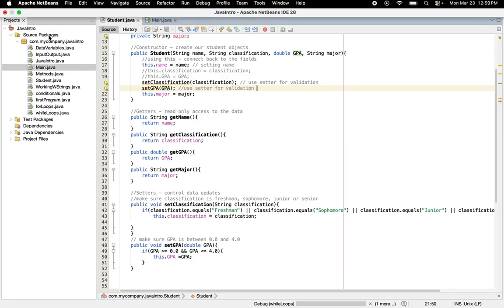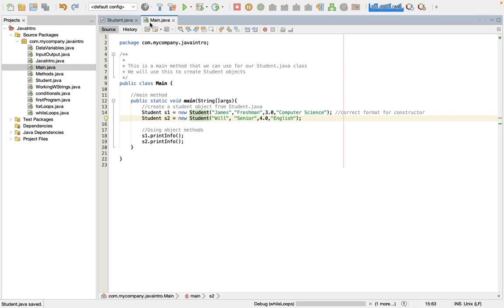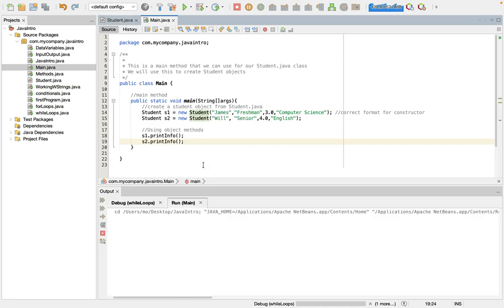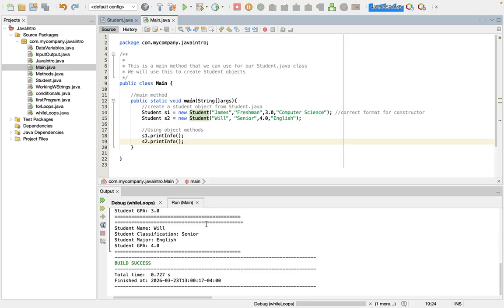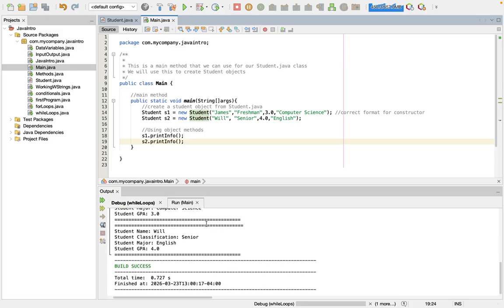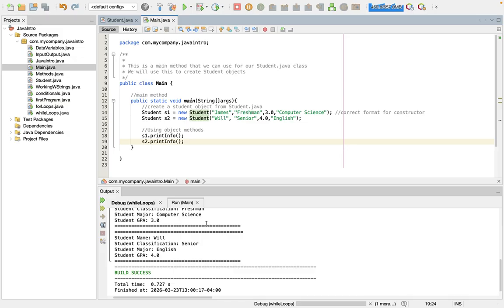All right, so now that we have that, we'll come back to our main method and run with it from here. We have our object, so we can go ahead and move forward. In this case, we have senior English, and we'll go ahead and run that. So we didn't necessarily change anything on this value. As you see, everything worked out fine. We don't necessarily see anything happening with our validation. So if we were to, let's just say, try to change this to 7,